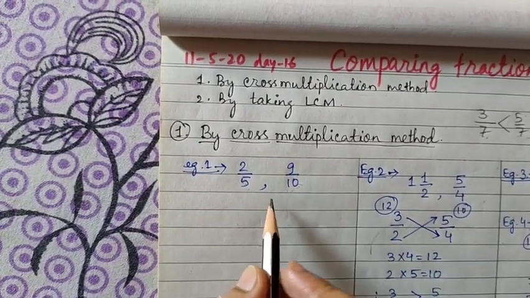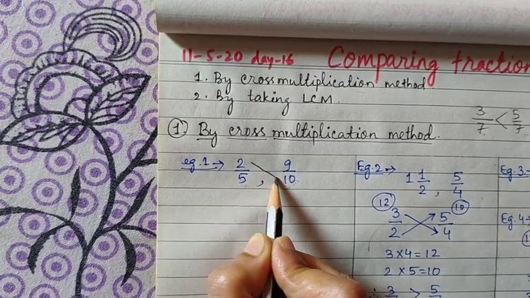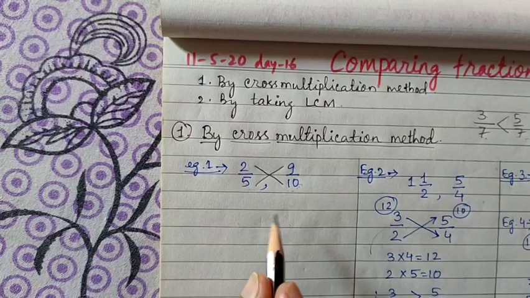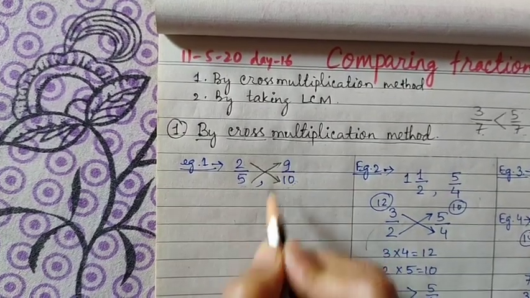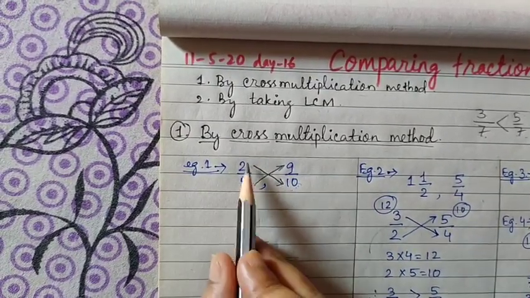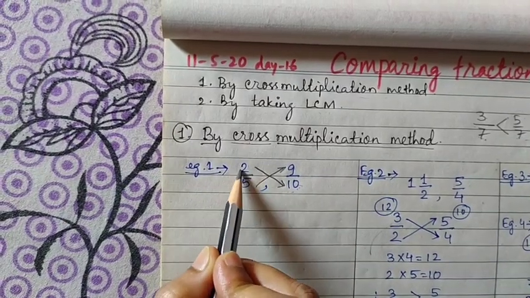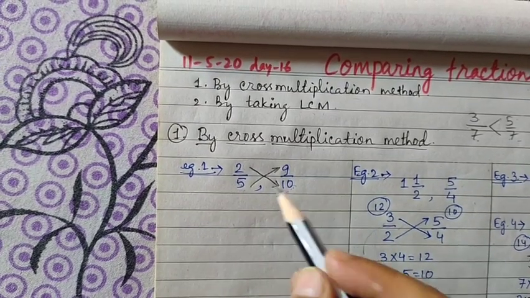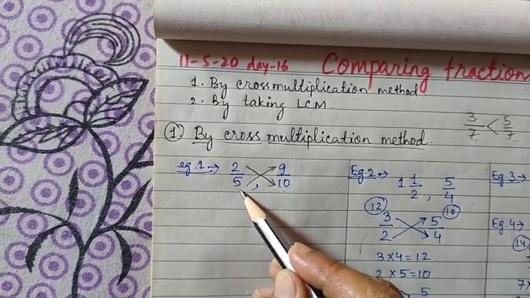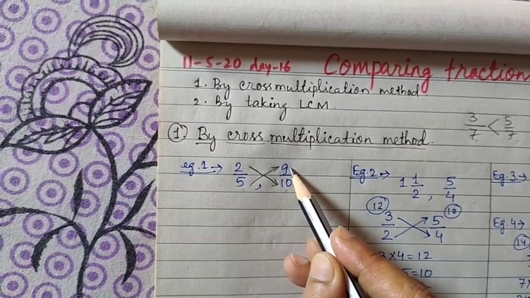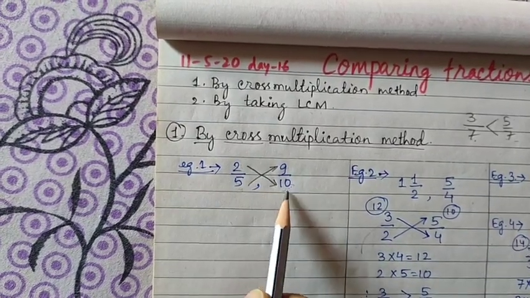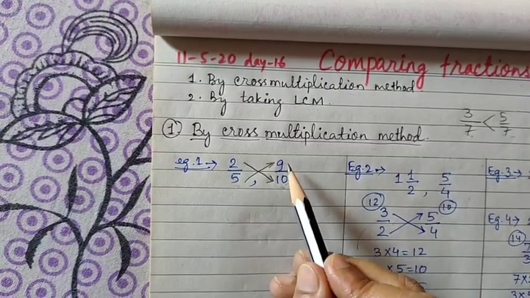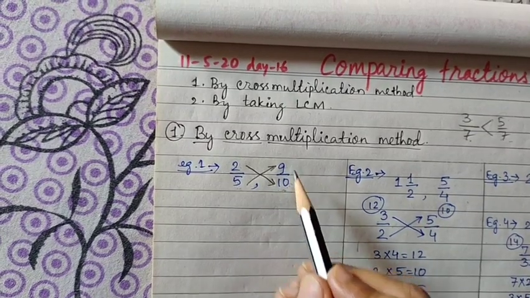Now you have to use the cross multiplication sign. So use this and this. This is not a multiplication sign, this is the cross sign. Here you give one arrow mark, here give an arrow mark. This arrow mark indicates you have to multiply the numerator of the first fraction with the denominator of the second fraction, and the denominator of the first fraction with the numerator of the second fraction. यानी इसके न्यूमरेटर को दूसरे के डिनोमिनेटर के साथ मल्टीप्लाई करना है और पहले वाले के डिनोमिनेटर को दूसरे वाले के न्यूमरेटर के साथ मल्टीप्लाई करना है.